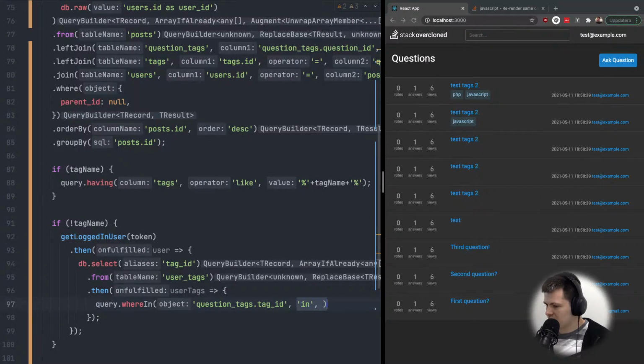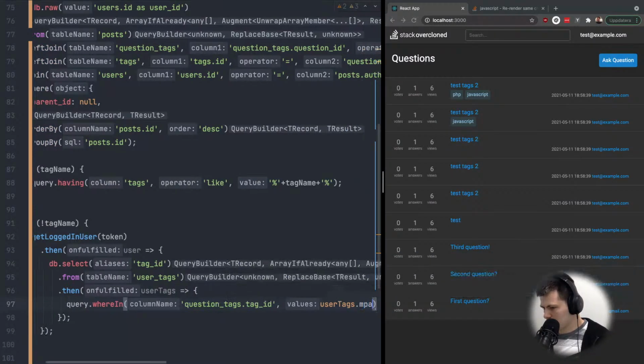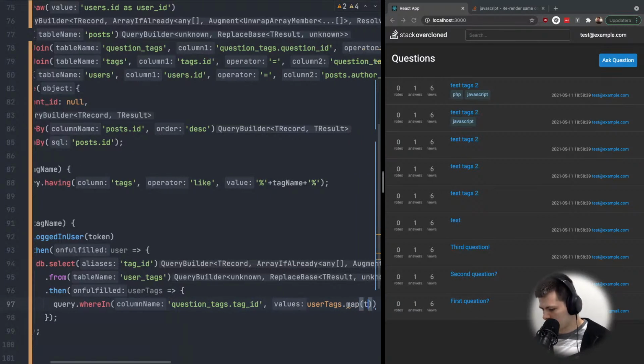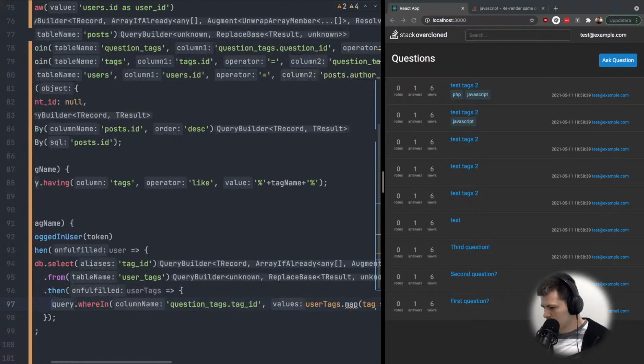Let's use this whereIn function, and here we need to pass all IDs. So let's, we have user tags and we have tag ID on each one. So here we do userTags.map tag, and let's just return tag.tagId. Alright, we have updated the query here,